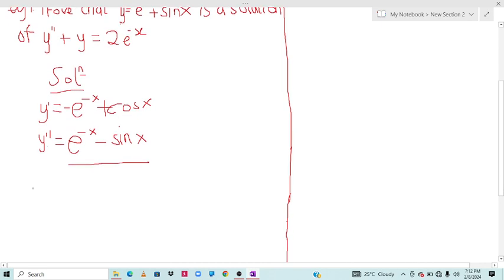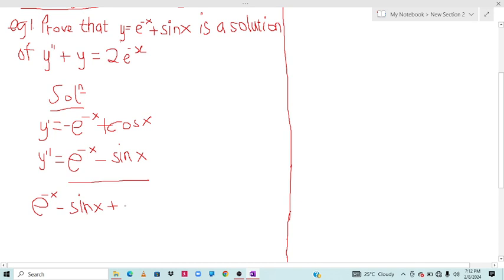So now let's proceed. So we have e exponent negative x minus sine x plus, so our y is giving us what? e exponent negative x plus sine x, which is equal to 2e